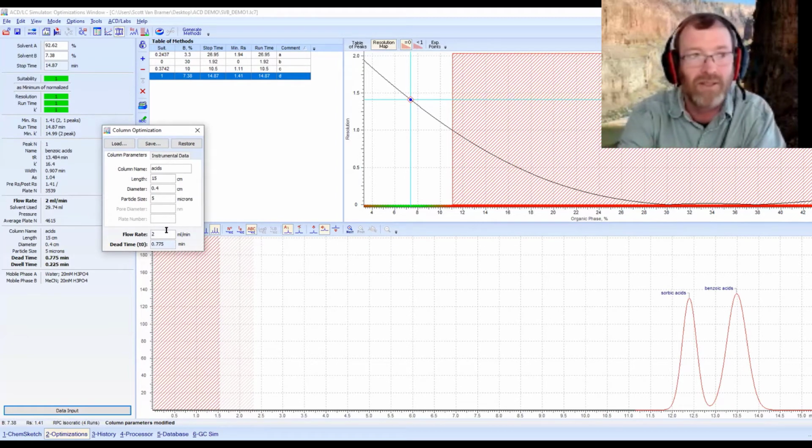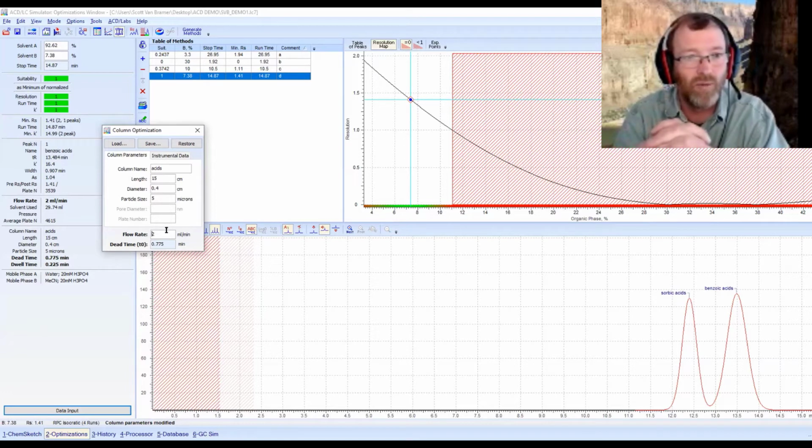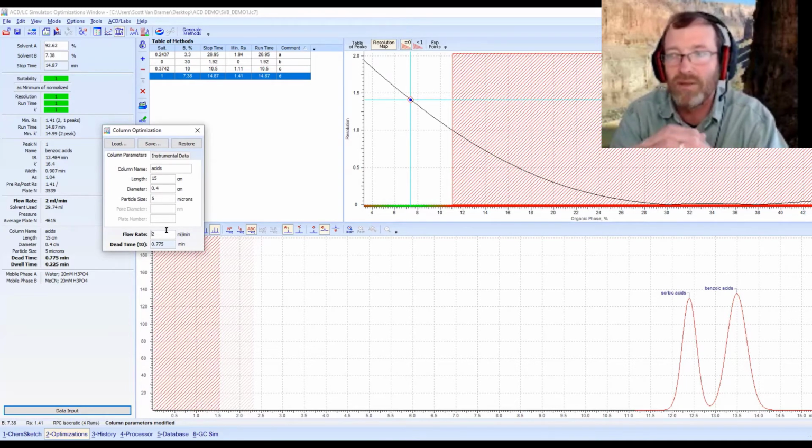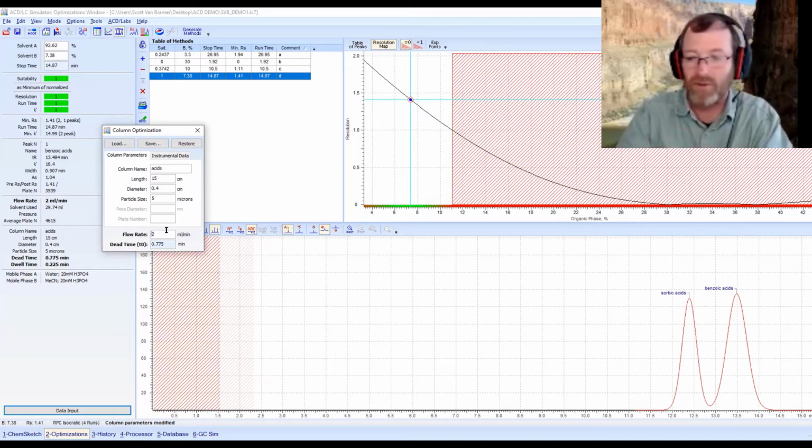And as we do this, we can again see what the trade-offs involved are. The software doesn't calculate column pressure, so it's hard to figure out what's the maximum flow rate that you could go to, but that's a conversation you could have. There are some other programs that'll let you, for a packing material, particle size, solvent, and flow rate, calculate what pressure would be required. And so this gave the students, I thought, a really solid introduction to some of the trade-offs involved in experimental